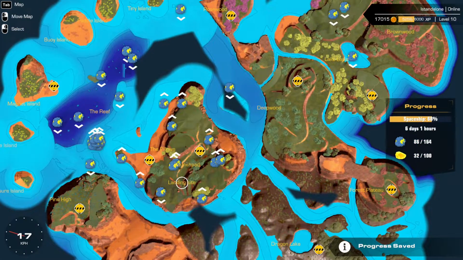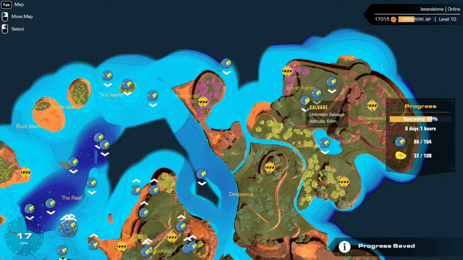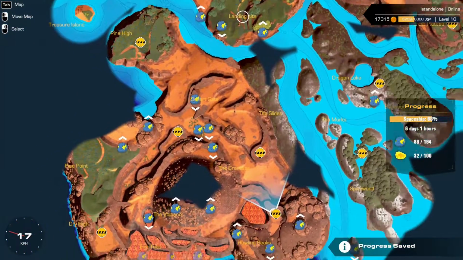So there's a few over here underwater. We can get those with a submarine. We could probably get this guy. We could probably get, I think this one. It's in the center here. We can go back and get the ship's wheel over here. And